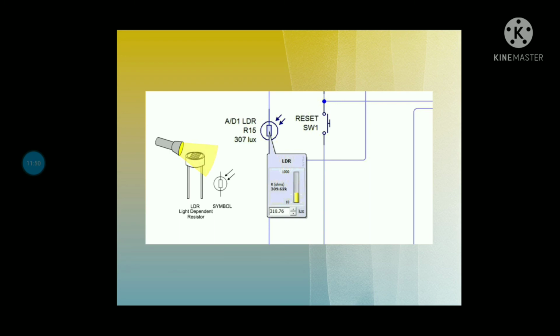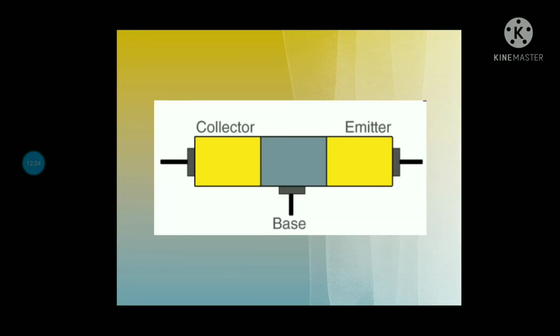You can see in the image that as the light intensity increases, voltage increases. Whatever light signals are falling on the phototransistor are converted into a current, an electric signal, which is measured here. As the intensity of light increases, the voltage generation also increases. The transistor is a semiconductor device with three terminals, as I previously told you, that is collector, emitter and base. These terminals are capable of amplification and rectification.